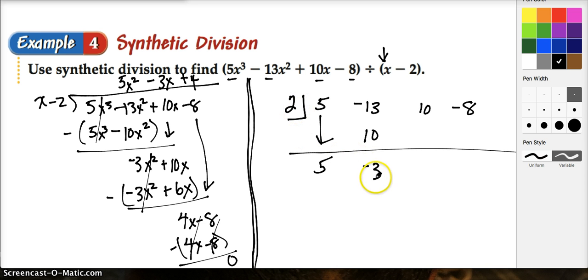I'm going to do 2 times this negative 3, and I get a negative 6. Add those guys together, I get a positive 4. 2 times 4, I get a positive 8. Add those together, I get a 0. Notice that these are the coefficients of the answer. Dope, right? So what I know is